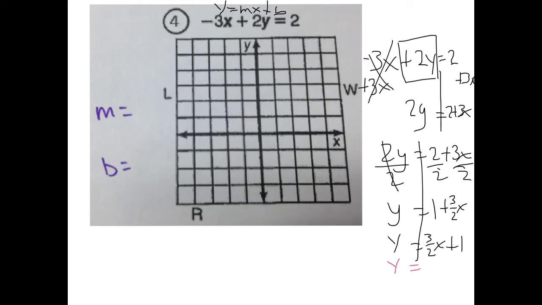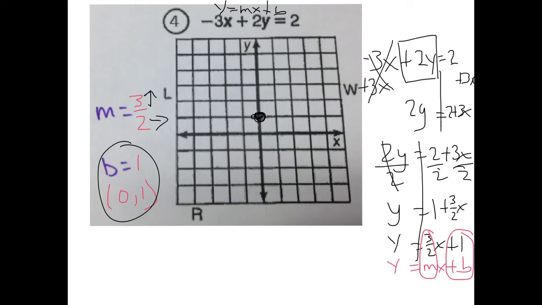Y equals mx plus b. Here's our m. Here's our b. So our m is 3 over 2, and our b is 1, which is 0, 1. Let's go plot it. We begin with b always, so go up 1 and put a big dot. Then this 3 over 2 is up 3, right 2. It runs out of room that way. I could go backwards, down 3, over 2, and get 3 dots,